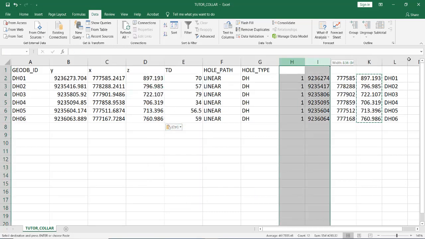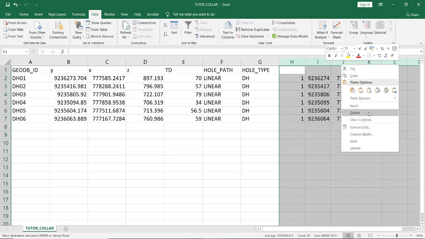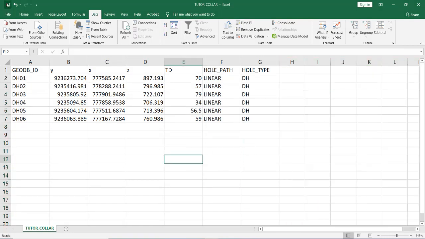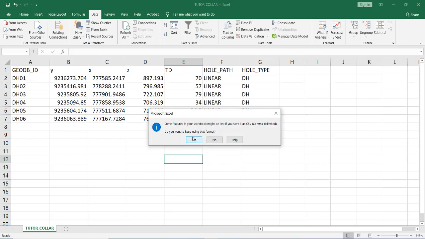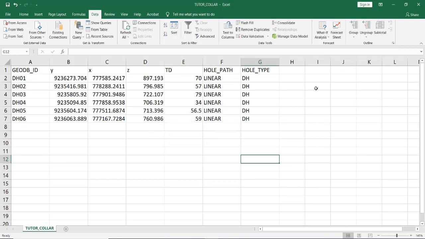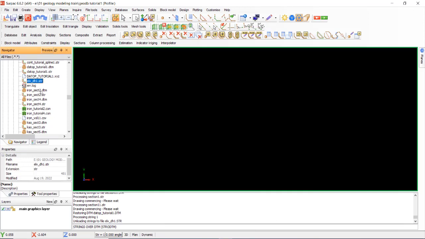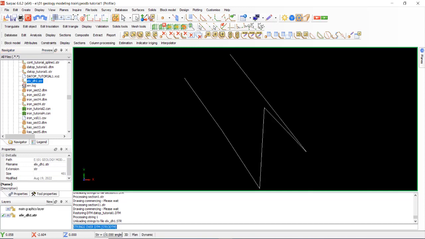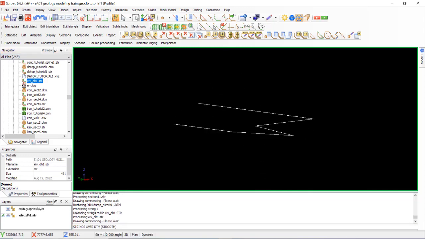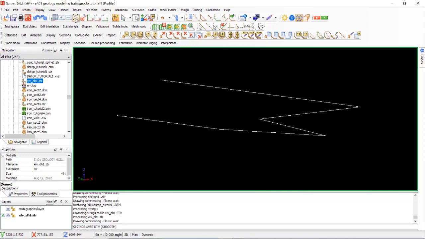Okay, and delete, save, yes. Okay, open the elevation after data validation. Okay, the elevation change, query point property.